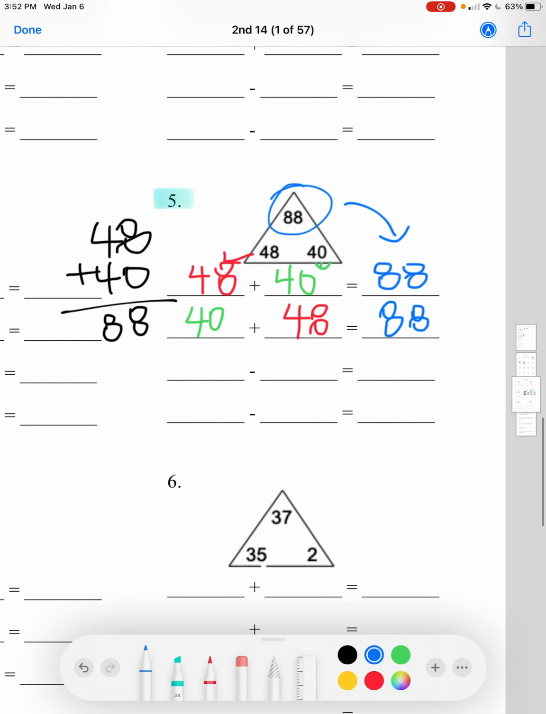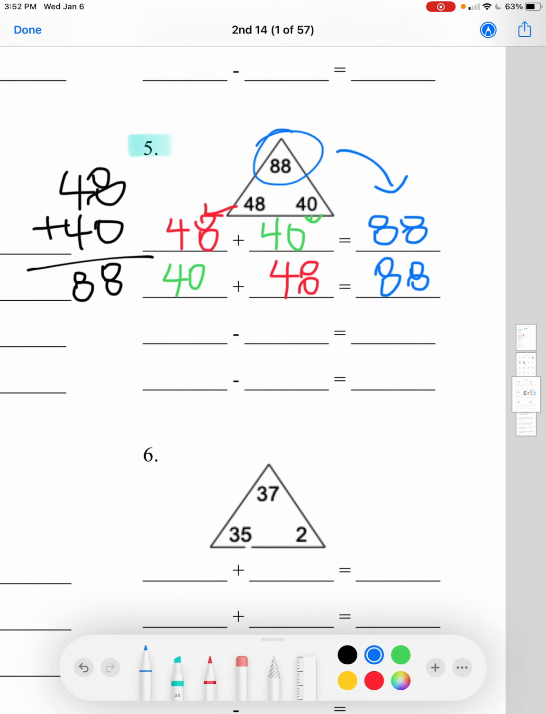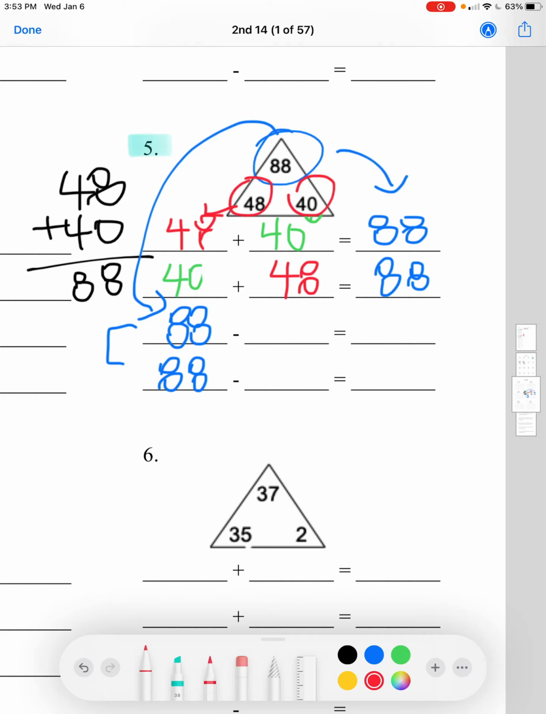We got 88. Now to do the subtraction part right here, you'll notice the subtraction sign. The first ones are addition signs right here. So for the subtraction ones, you're going to take this big number at the top and put it in the front. You know, in the addition ones, they were at the back. Now they're going to be in the front right here, like 88 minus, and then we'll choose one of these numbers. We'll put 88 minus 48